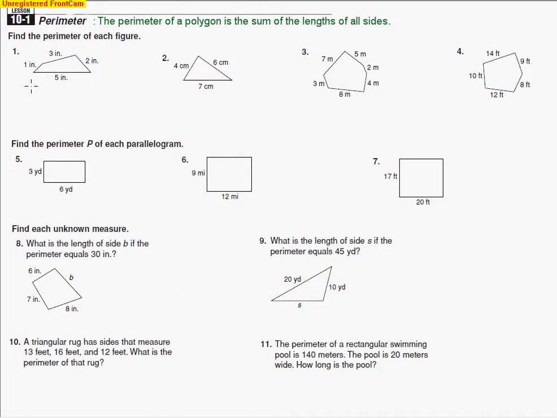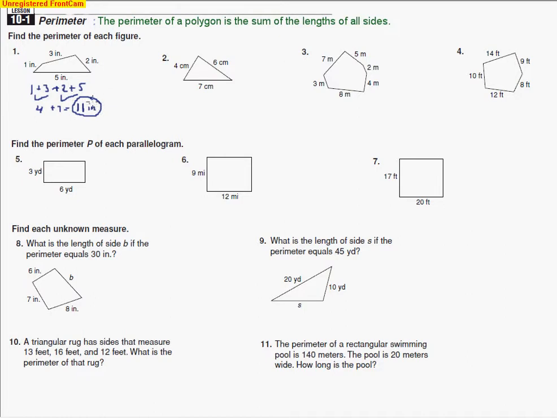So you're just going to go 1 plus 3 plus 2 plus 5. You're just adding up all of the sides. I'll add it in groups here. These make 4, these two make 7, and I add those two numbers together, I get 11 inches. And perimeter is just the distance around the figure, so it's going to be in the units that